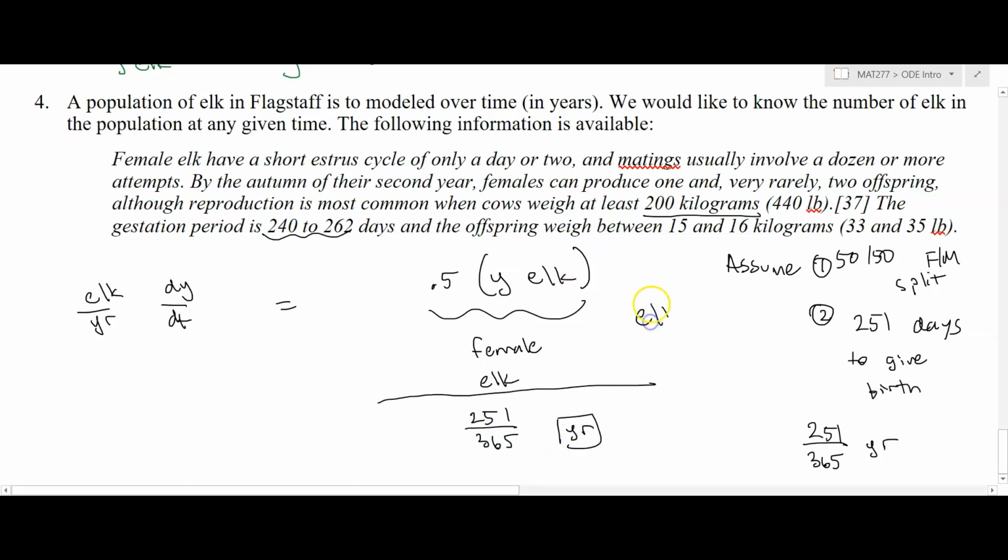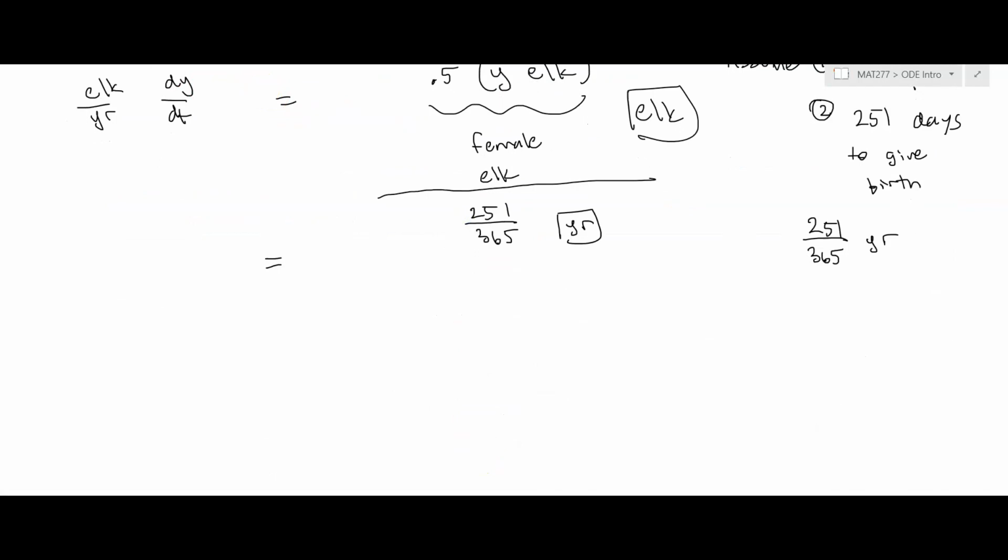This here is in elk, and I now have elk per year, which if we do the division of 0.5 divided by 251 365ths, we get about 0.73 from that. So this component here is going to tell me that I get 0.73y. Now you can see that that's greater than 50%, because 50% of the population is female, but